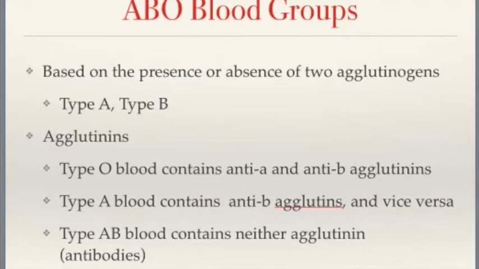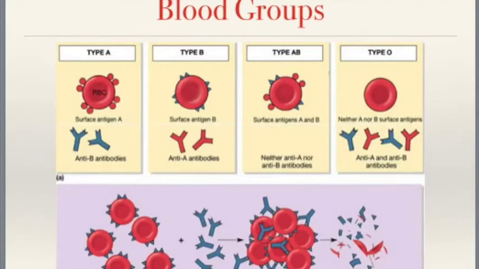Okay? I'm going to come back to the agglutinins, but I want to go to this slide right here. Okay, so let's just look at antigens for now. Type A blood has type A antigens on the red blood cell. See that? Type B blood has type B antigens on the red blood cell. Type AB blood has A and B antigens on the surface of the red blood cell. And type O blood has no antigens on the red blood cell. Okay, so